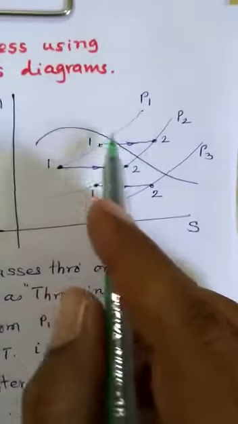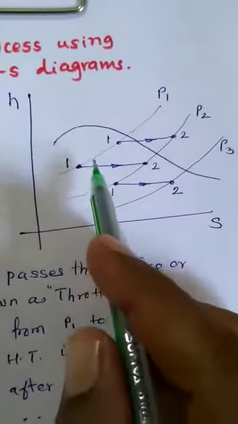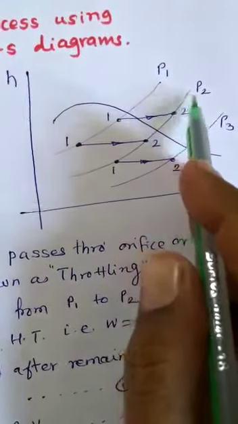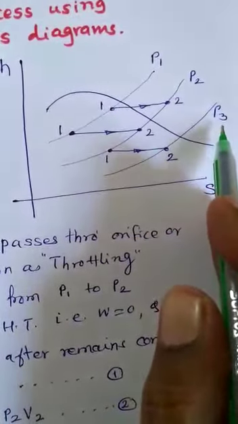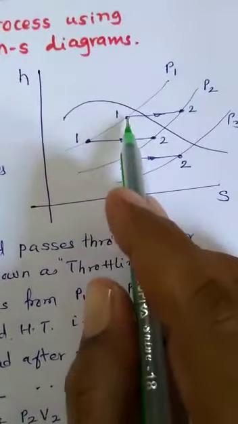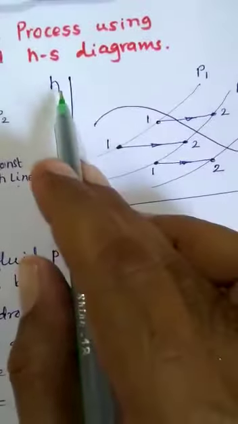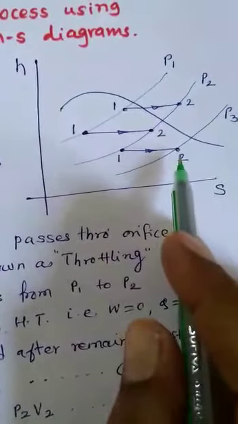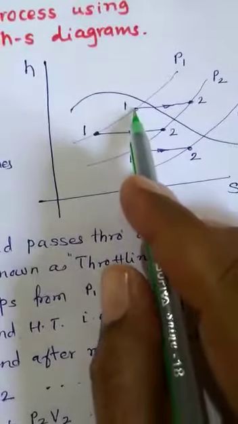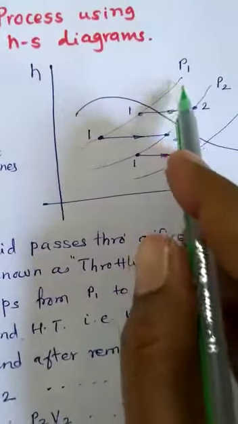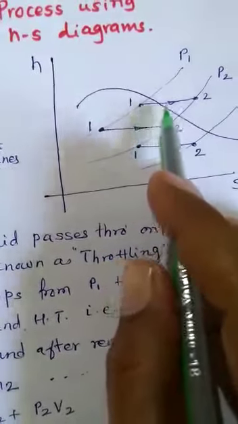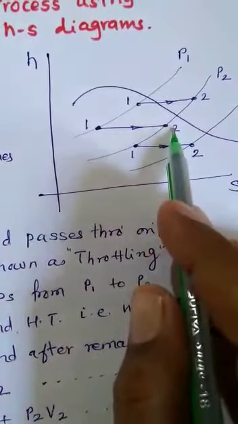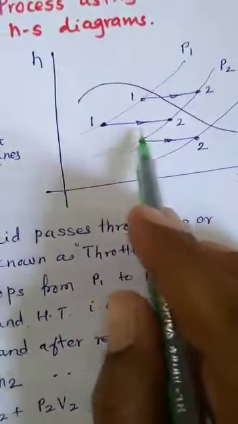Very simple. This is the saturation curve, and I have drawn three lines here just for reference, P1, P2 and P3 lines, where P1 is greater, P2 is intermediate pressure and P3 is lower pressure. Now this 1 is the beginning of throttling, constant enthalpy. See, this axis is enthalpy. So any horizontal line drawn is known as constant enthalpy or throttling process line. So 1 to 2, see, pressure drops from P1 to P2, but enthalpy at 1 and enthalpy at 2 is constant, because this is a horizontal line, but the pressure drops.